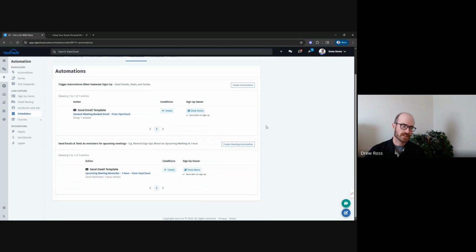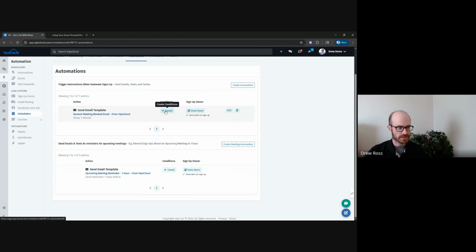These automations right here are going to be what is sent after people book with you, as well as the reminders as well. So the default automations here are to send them a thank you message for booking right after they schedule with you, and then also a 1-hour reminder as well, like 1 hour before the meeting takes place. So this is all completely configurable, and you can set really any number of automations here that you like, including,